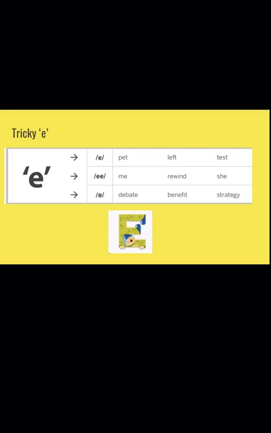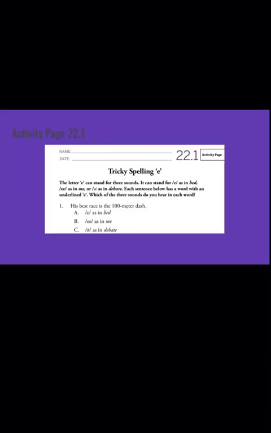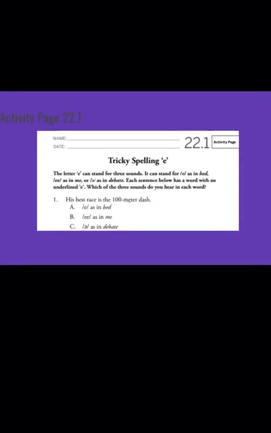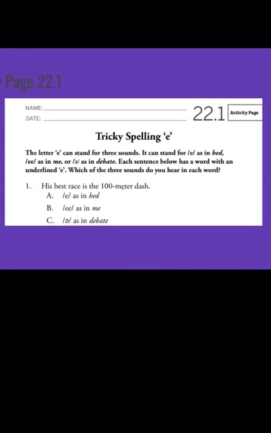And the last row, we have E making the sound. For example, debate, benefit, and strategy. In each of those words, it's making the sound. Let's go ahead and move on to our next slide where we are going to do some practice on page